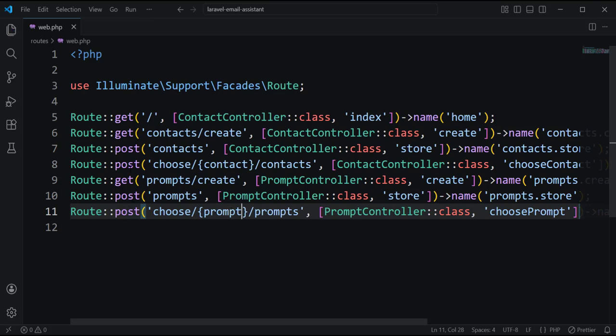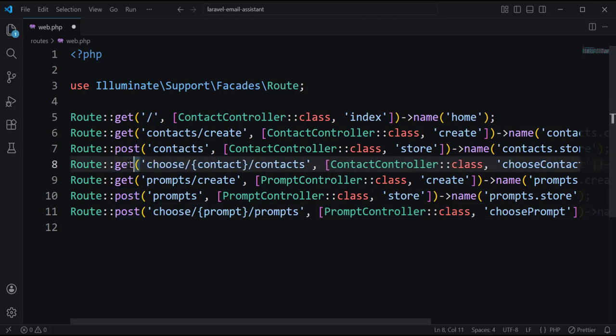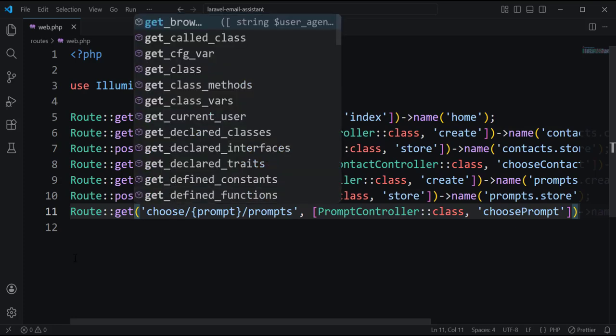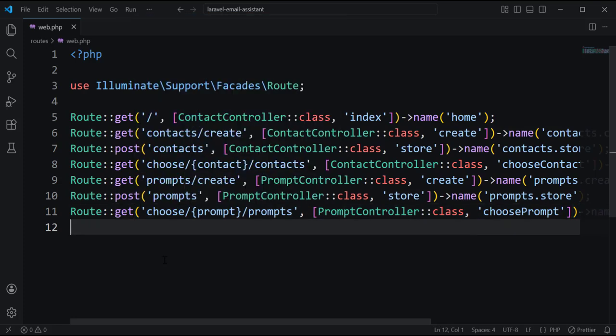So here this one is get. We have only one post request, which is storing a contact, and the same thing here, where we store a prompt. The others are get requests. So the create and the choose, and also the get for the home page. Next, what we need,